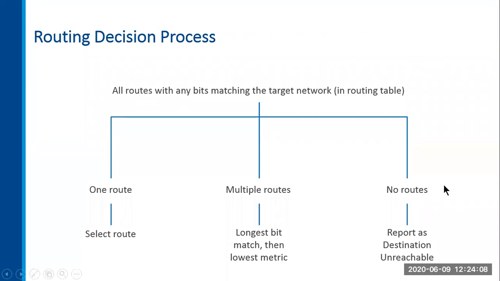Whereas if there are no routes matching, then the router also says, okay, that's easy. I don't know how to get this packet towards the destination at all. And by the way, routers at that time are not going to try and figure out how to send this packet. The router says either I know or I don't. If I know, I'll forward it however I think is the best way to do it. If I don't, guess what? That packet gets dropped. That packet gets discarded right away.